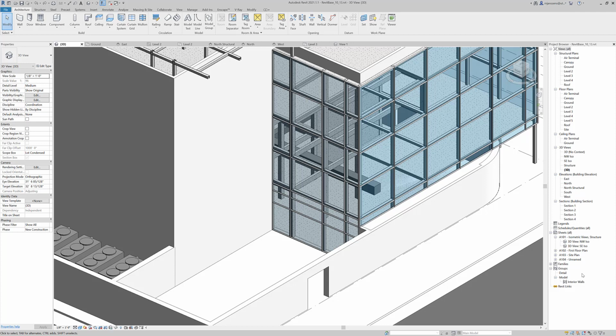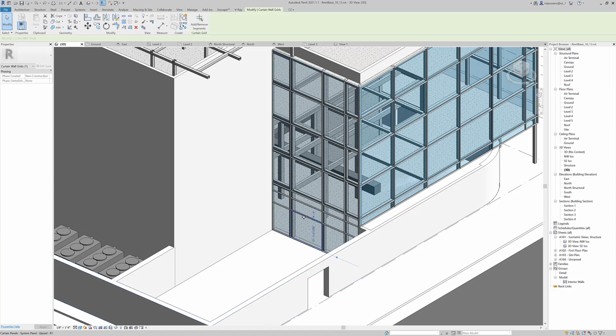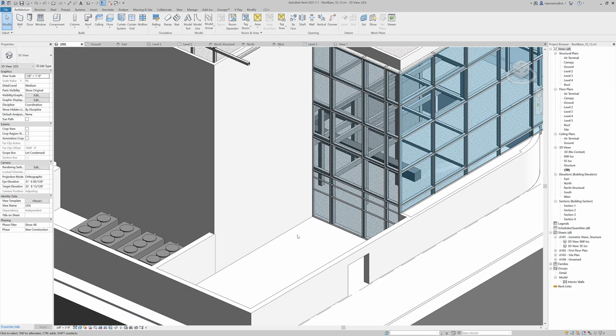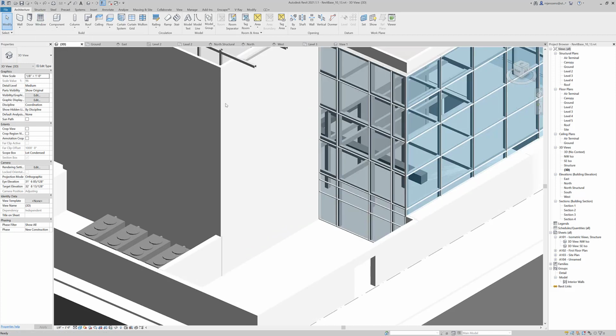I want to quickly go over doors for this class, and the only doors that we really need to focus on are the elevator ones. You don't need to change any of the facade panels to doors. Doors are just like windows, they host to walls,